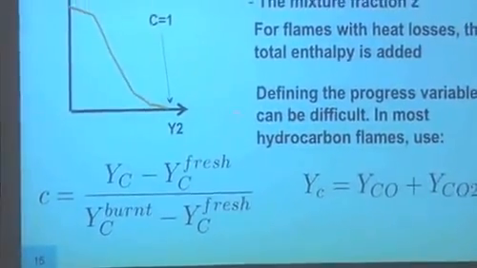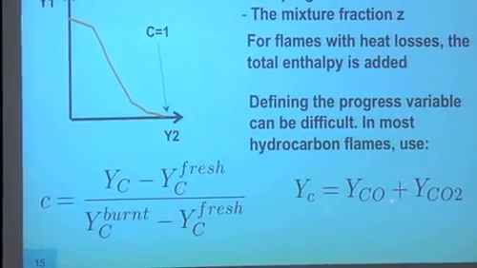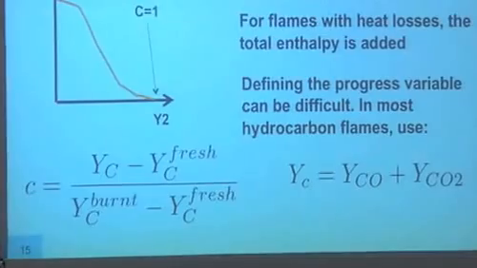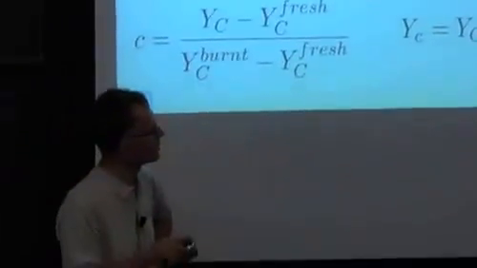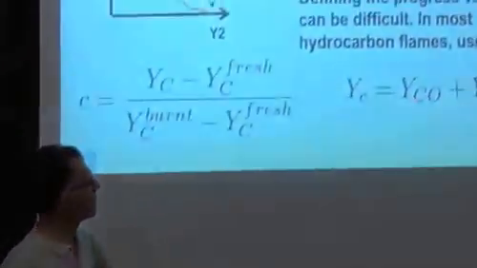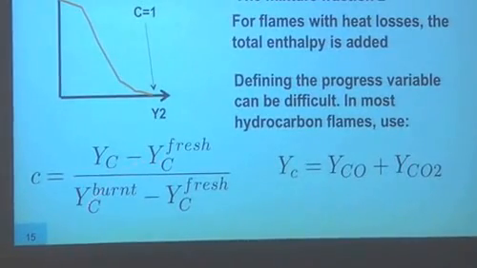I would call it a universality of manifolds in combustion. Which variables do you need to describe a manifold? In many cases, for example for a premixed flame, you use the sum of the CO mass fraction and the CO2 mass fraction. And by the way, it's not as simple as it could be. You could say, why don't we use only CO2? Well, if you use only CO2, it doesn't work because there is an equilibrium between CO and CO2, and using CO2 only does not give you a usable manifold. You need to use CO and CO2. So you build a progress variable which is not T minus T1 divided by T2 minus T1, but is based on this expression here.